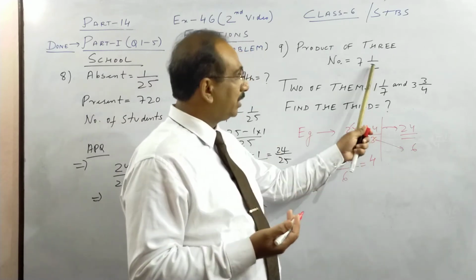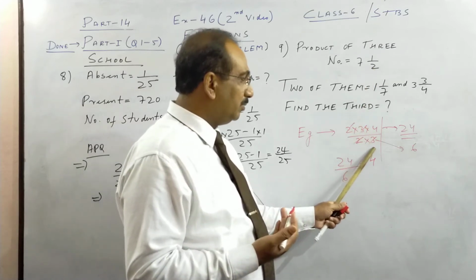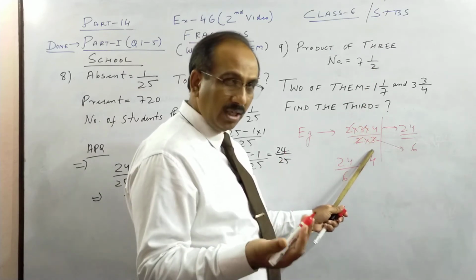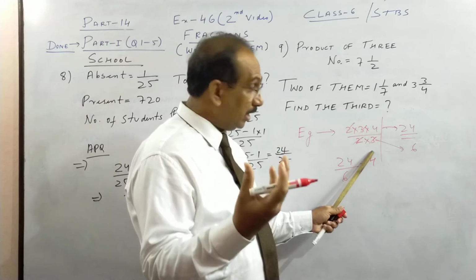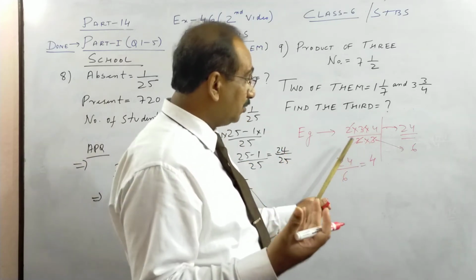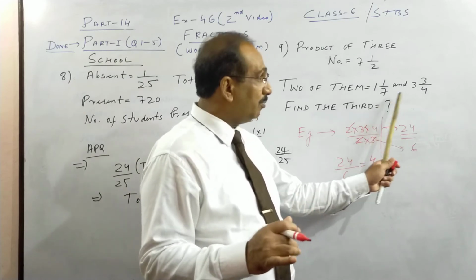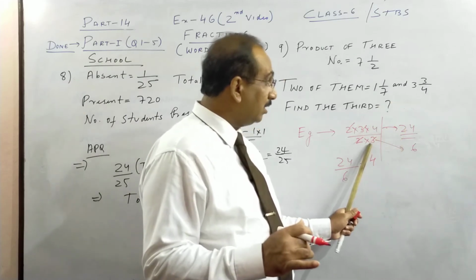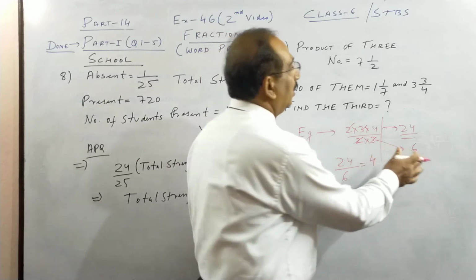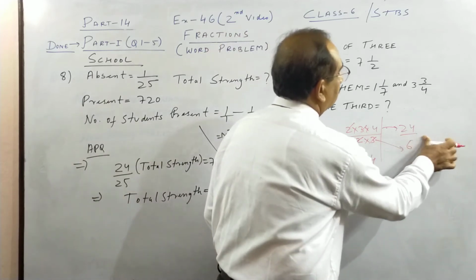One example I am taking, this is a fraction. Two of them are 2 and 3. So what you do, I'll tell you the idea. I am trying to tell you what idea is used. We need to know: the product of 3 numbers is given, no problem. You multiply the 2 numbers given, what you get, then divide that number by the product of this.